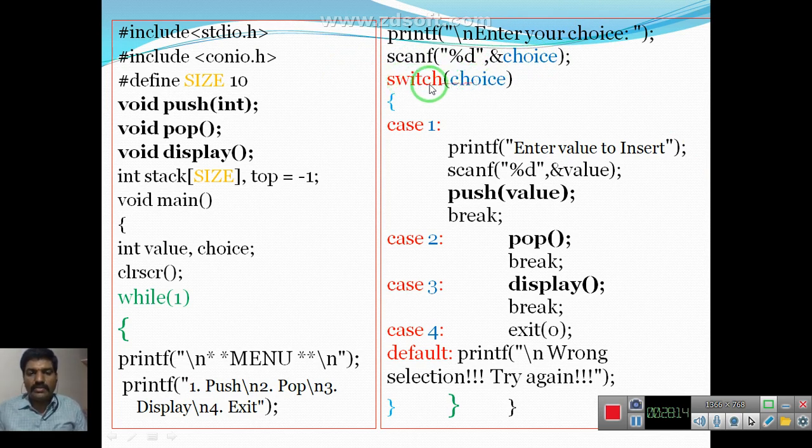Then automatically the switch will select case 1. Printf, enter the value to insert. That means if you want to push an element into the stack, we need to provide the input element. For that, we are getting the element through the scanf. Then push value. Whenever the compiler reads this line,